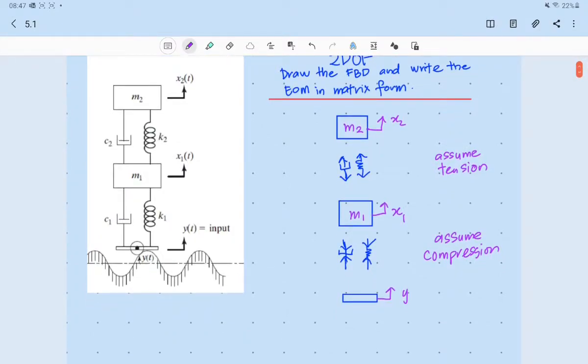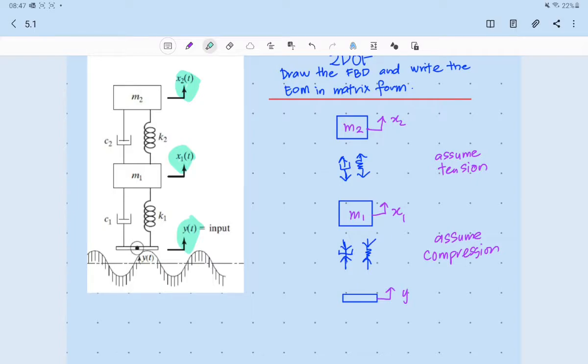So if you can remember the steps, first you have to assume the direction of motion. So in this case, it's given to us: going upwards is positive for x1 and x2. So they already give you the assumed direction. There are three types of displacement, yeah? y, x1 and x2. So no worries. If you understand the steps and understand what is meant by relative displacement, you can actually derive the equation